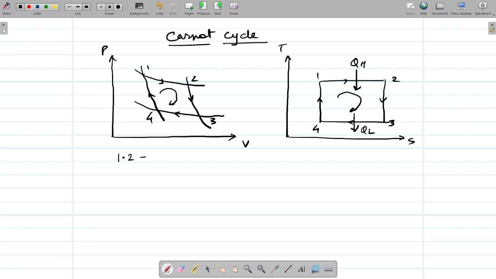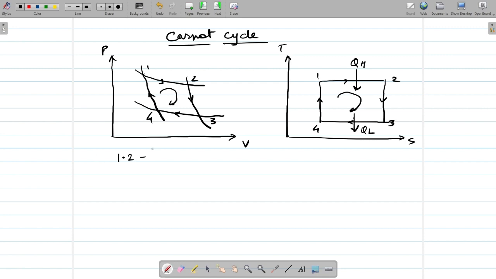So in this way, for all power producing and power absorbing devices, if you consider the refrigerator, there also the reverse Carnot cycle will be used, which will be called the vapor compression cycle. So all the devices which are used in day-to-day life are working on the Carnot cycle, or we can say the modified Carnot cycle. The main aim behind this Carnot cycle is that it gives the maximum efficiency. So always our approach will be toward the Carnot cycle, so that we can get the maximum efficiency.